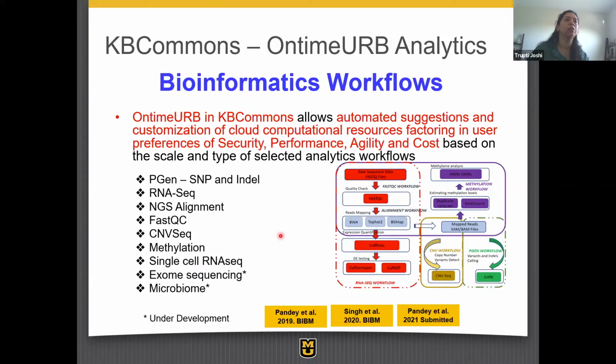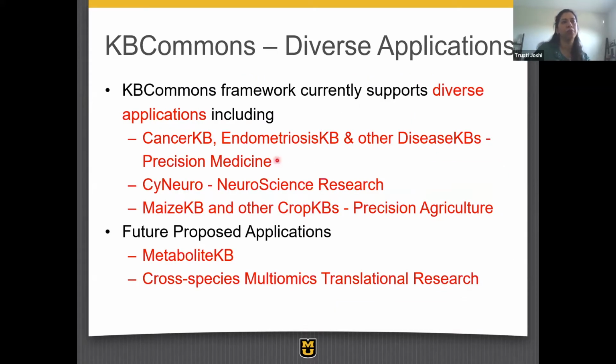This automates that decision based on the performance, cost, and urgency of the analysis. With our engineering collaborator, Prasad Calyam, we were able to tap into those and publish work along these lines, testing the performance of these analytics workflows.